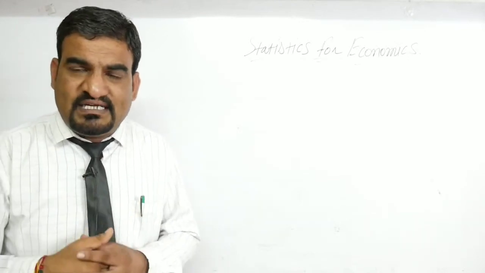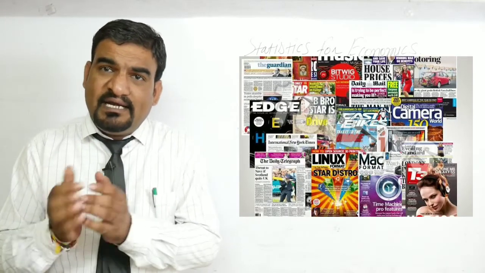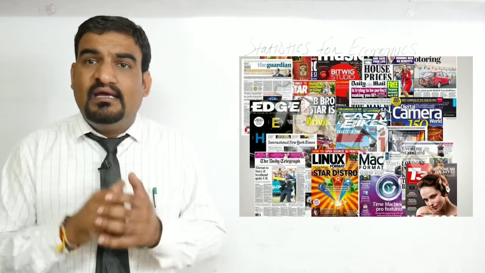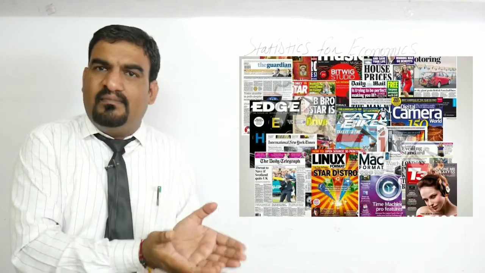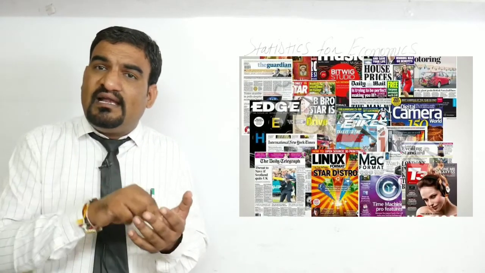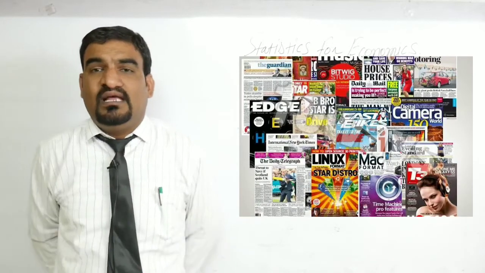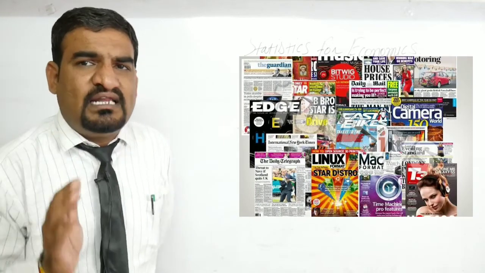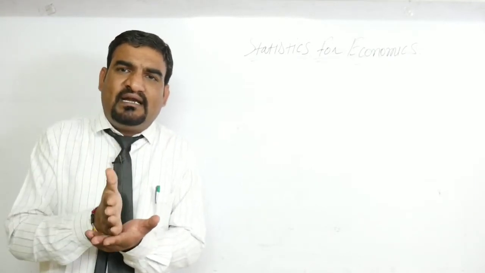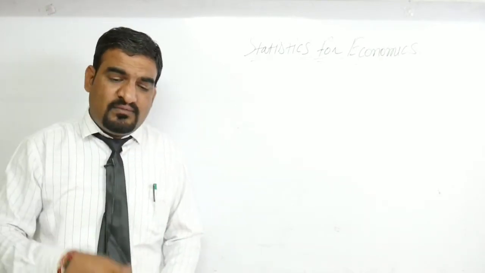Say for example we are preparing any kind of presentation or any kind of project, so we may collect data from Wikipedia, we may collect data from any other websites, the website of particular government agencies, or from a particular company, etc. So if we are collecting the data from a website, from a journal, from a newspaper, then it is known as secondary data. So I hope it is very much clear what the difference is between primary data and secondary data. Now let's move to the next topic.